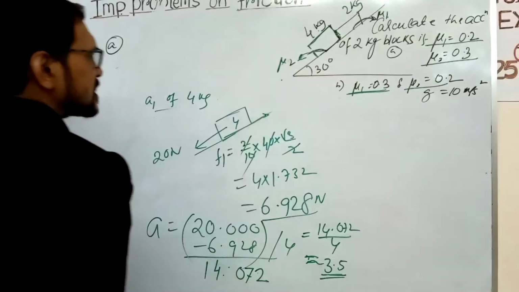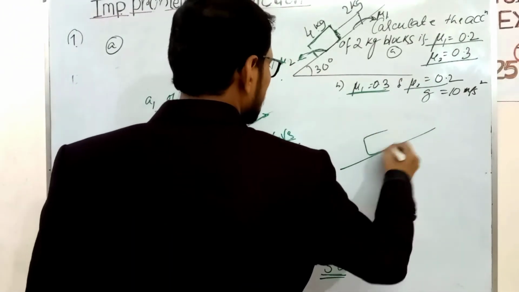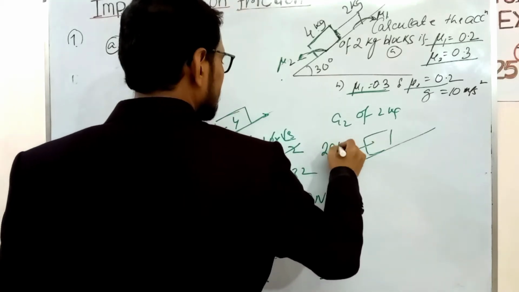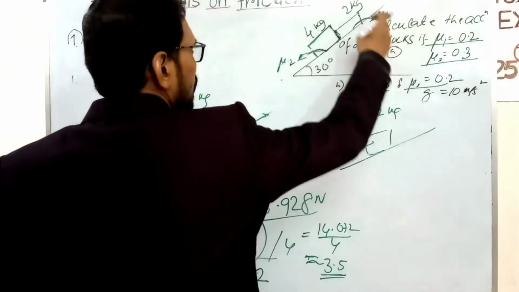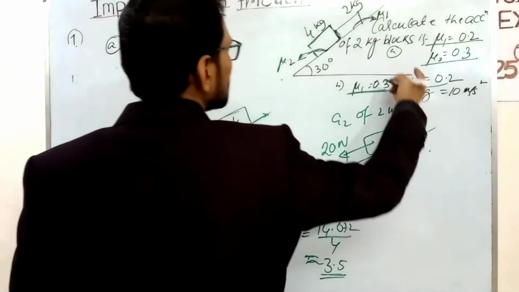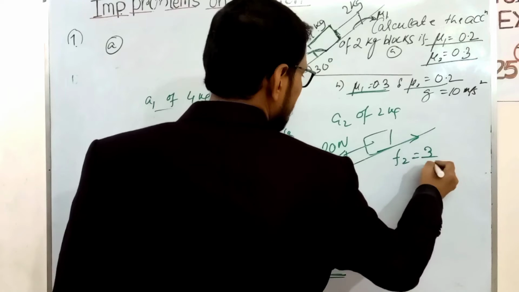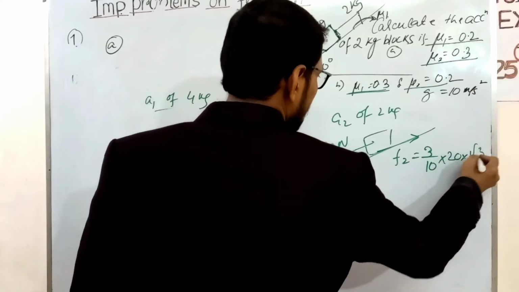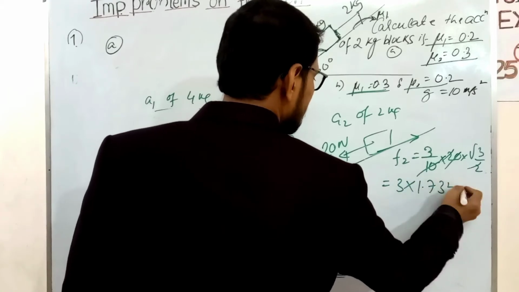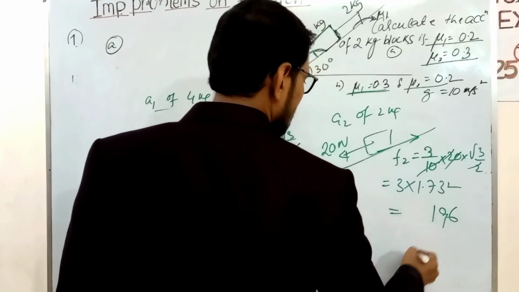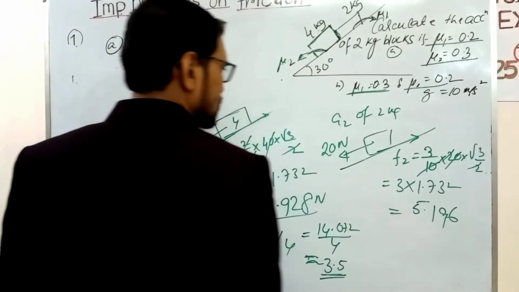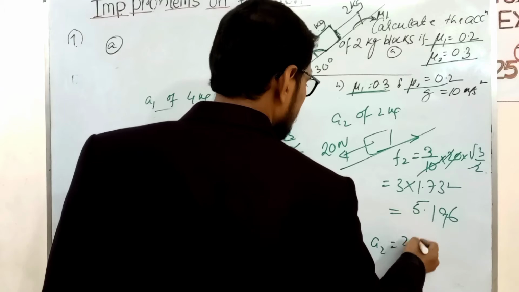Now what is the acceleration of the 2 kg block? Let us calculate the acceleration A2 of the 2 kg block. Here the weight of the 2 kg block is 20 Newton. Friction F2 equals mu mg, where mu is mu1, that is 0.3. So 3 by 10, mg is 20, cos 30 degree is root 3 by 2. So 3 root 3 means 3 into 1.732, which is 5.196. So acceleration A2 equals 20 minus